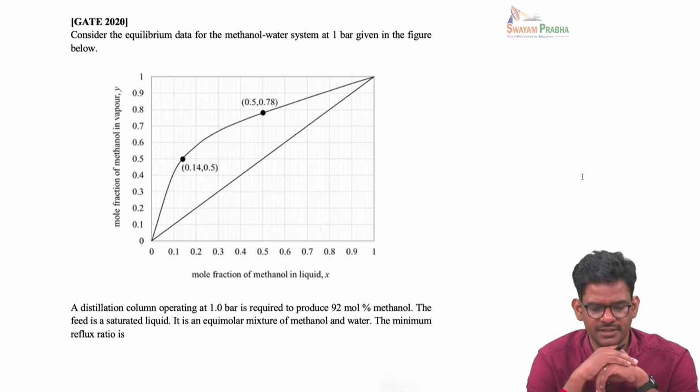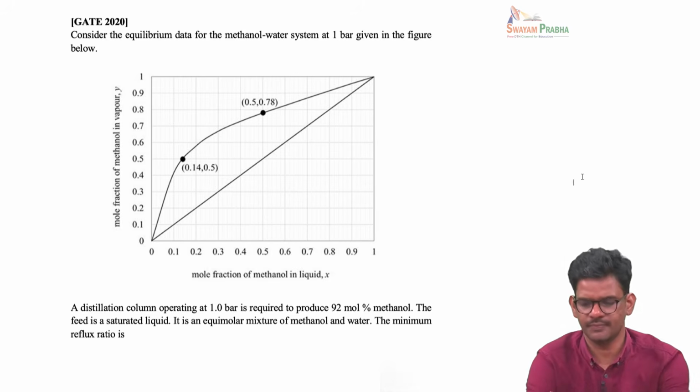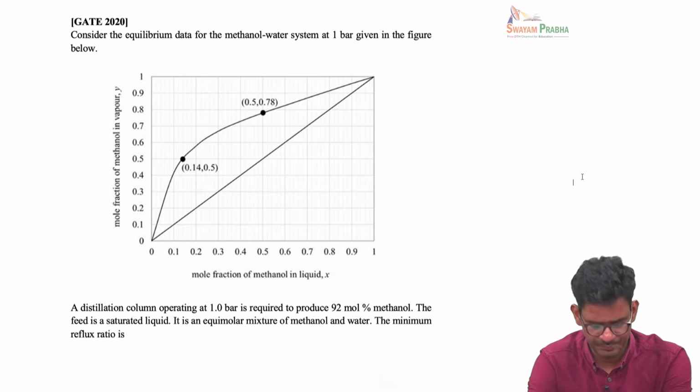So in this problem, consider the equilibrium data for methanol water system at 1 bar given in the figure below, and a distillation column operating at 1 bar is required to produce 92% of methanol. The feed is a saturated liquid. It is an equimolar mixture of methanol and water. The minimum reflux ratio is. So in this problem, we are given the equilibrium line,